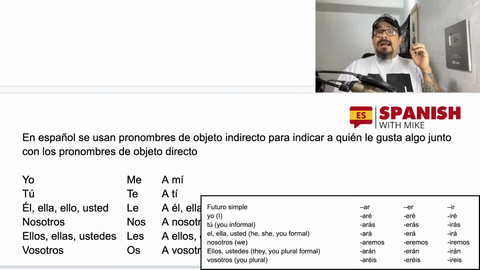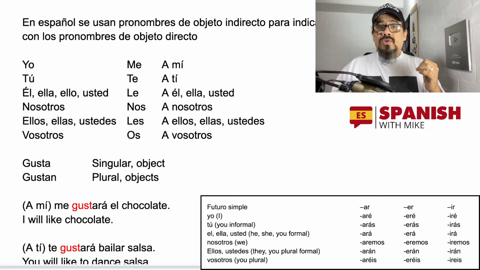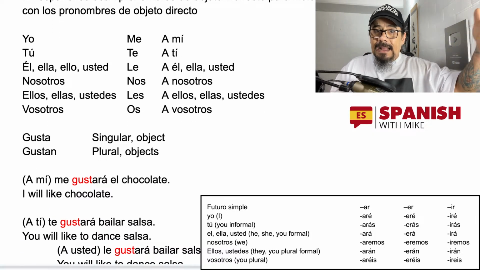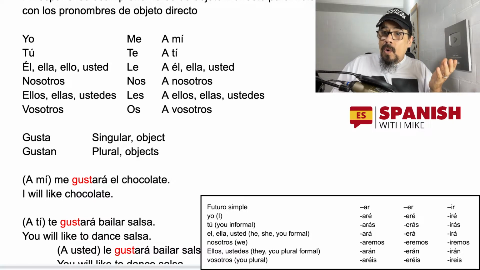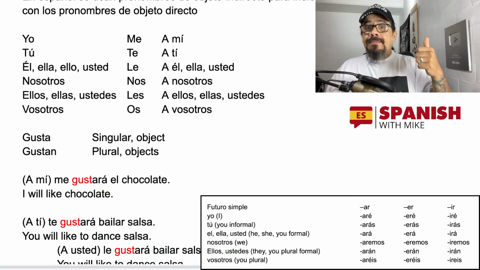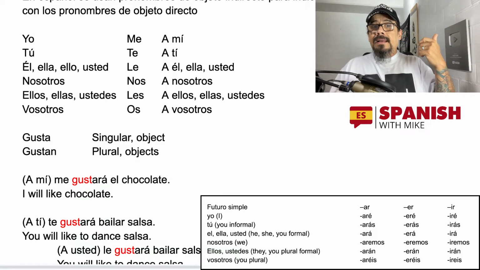When I have to use the indirect object pronoun, I say a mí me gusta. Me gusta. Who likes that? Yo. A mí me gusta. That's the way. So we have for yo, me, a mí me; for tú, you, a ti te;